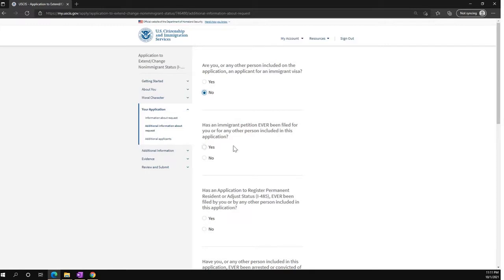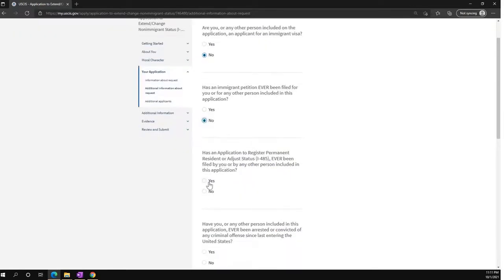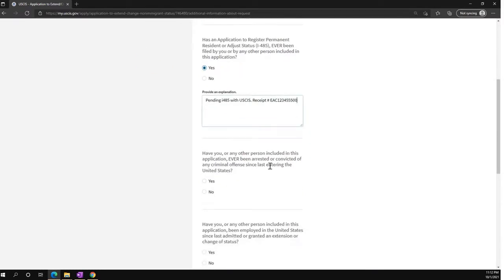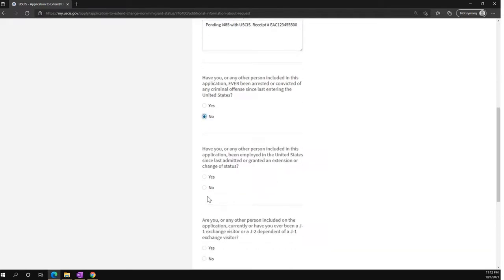So, have you ever applied for an immigrant visa? It's no. Have you ever filed 485? Yes. So this 485 is in progress, so I'll have to provide all the details of the 485, like case number and what is the current status. Any criminal offense,